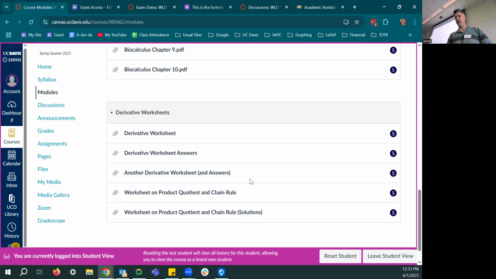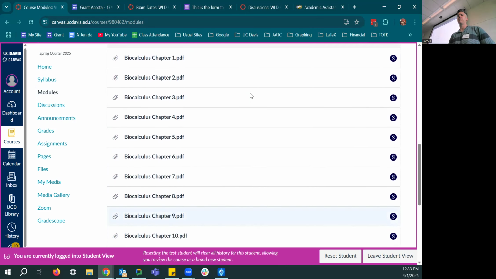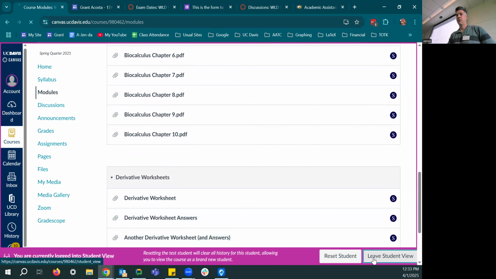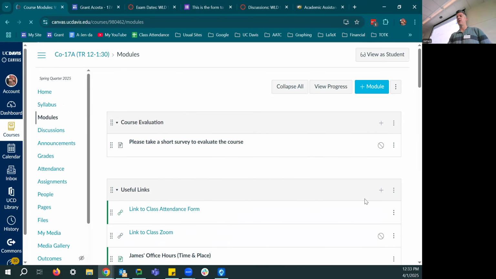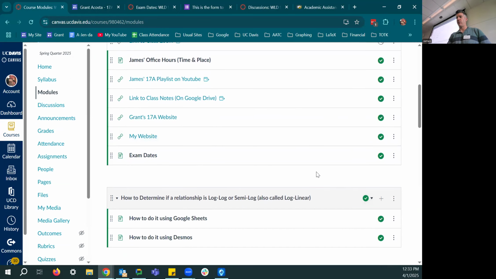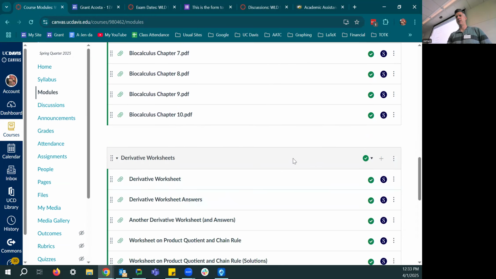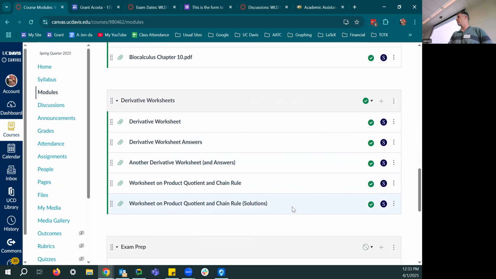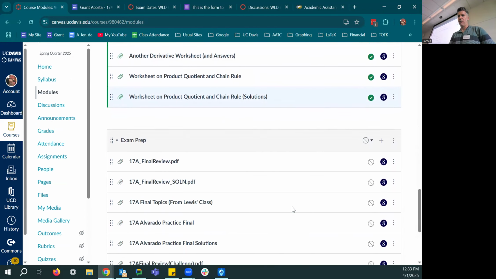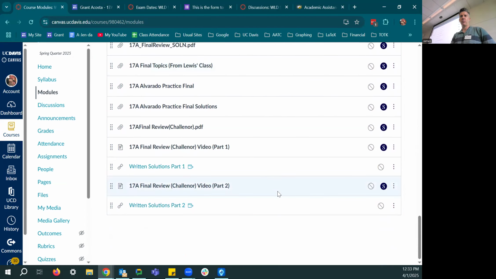And then there's some worksheets over here that I don't think I have talked about. Why are those there? Okay. This is the student view. All right. So yes, worksheets and stuff. And then the other thing that I will add after class today is there'll be another module right here that has the class recording and the class notes. So while you can find them on YouTube or Google Drive for the videos and notes, they'll also just be in Canvas, which I think is probably easier to access. Yeah, these derivative worksheets, we're not ready for them yet, but soon. And then there's all this exam prep stuff that I will post later.